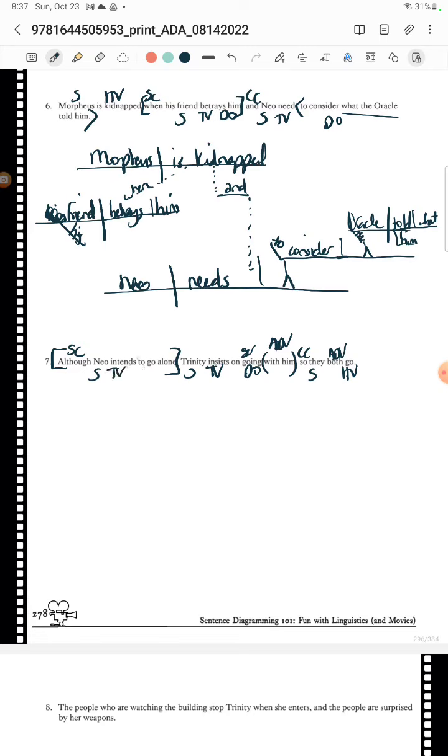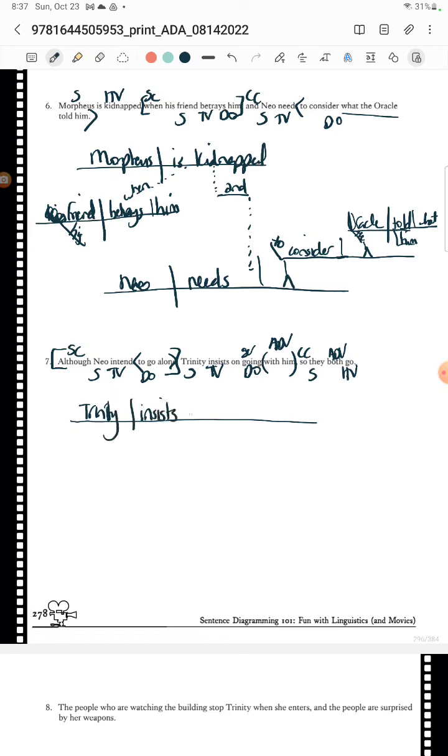So intends, and then we got an infinitive as my direct object. So we got gerunds, we have infinitives, we have so many things. Okay, so Trinity insists on going with him. That's our first part. So, where'd my pen go? There it is. So we have Trinity